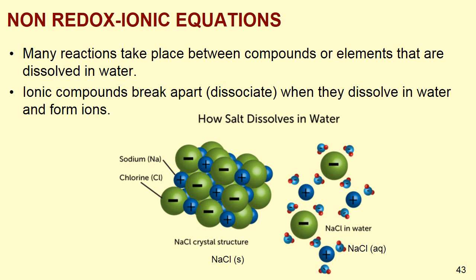We know that sodium chloride, for example, salt, the positive ions of sodium are attracted to the negative chloride ions, and they form a compound, NaCl. Well, if we take some salt and we dissolve it in water, what's actually happening? The NaCl doesn't really change. It's still NaCl, but what happens is the water molecules get in between the ions and they separate from each